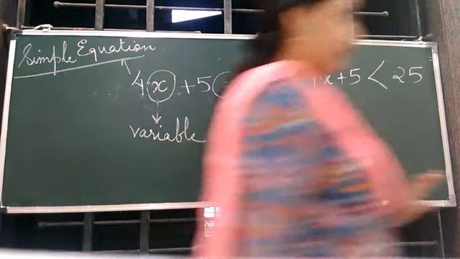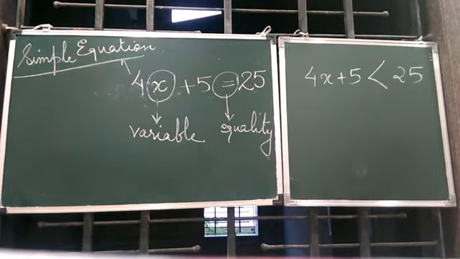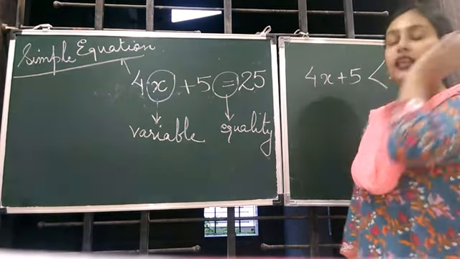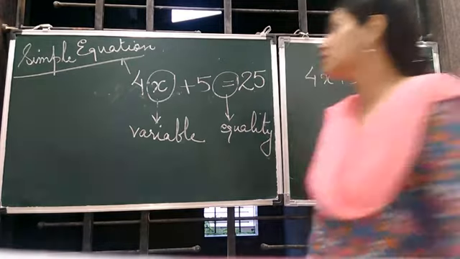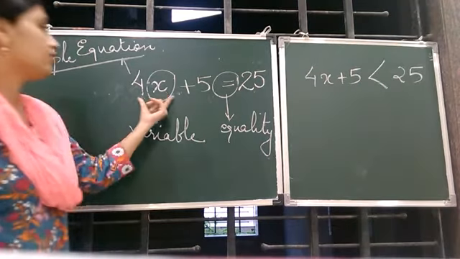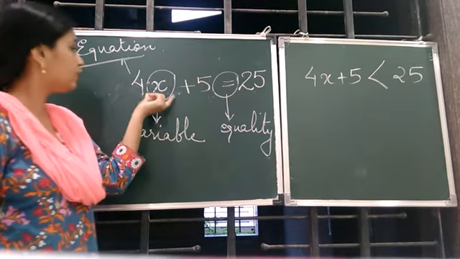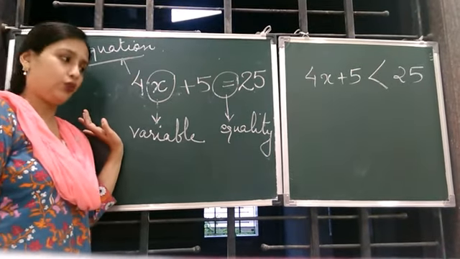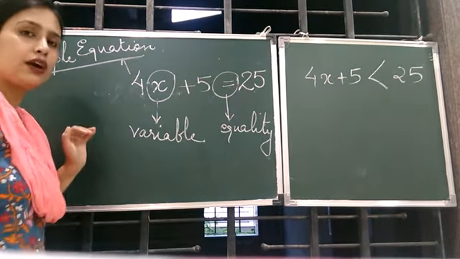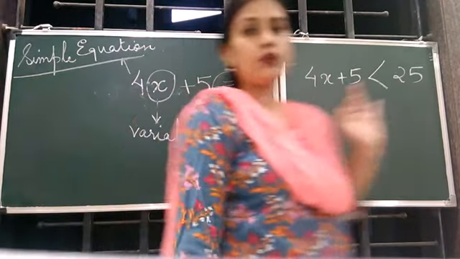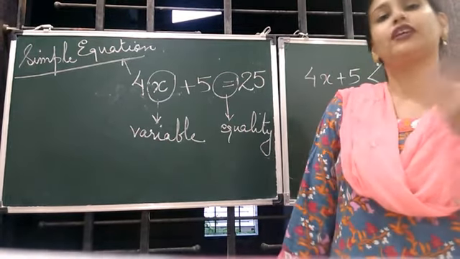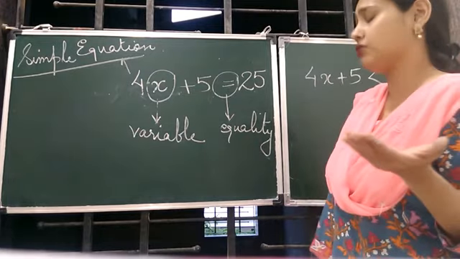A simple equation. So in class 6 we have already studied what is an equation. An equation is a condition on a variable. According to the condition of the variable, we form an equation. Got it? So this is all about an equation, a simple equation. This is a very simple equation. In future you are going to get complicated equations also.